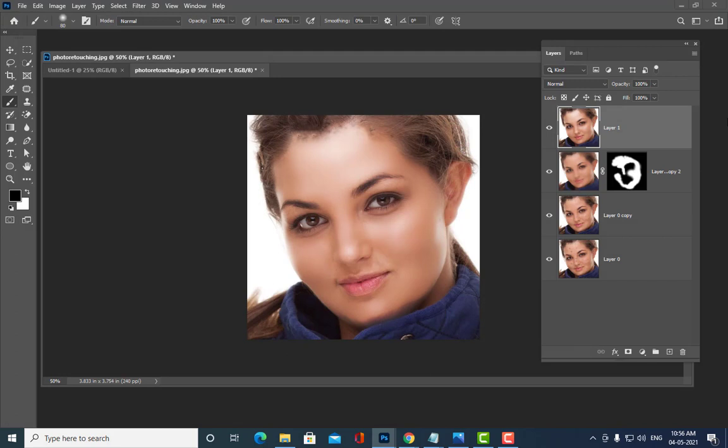Now the next step is, we have achieved two things now. We have cleaned her face, we have made her face smooth. Now the next task is to make her face fair or glowing or bright. That is the last and final task. So now we are going to add some adjustments also. Till now we have not added any adjustment. Now we will be adding some adjustments.